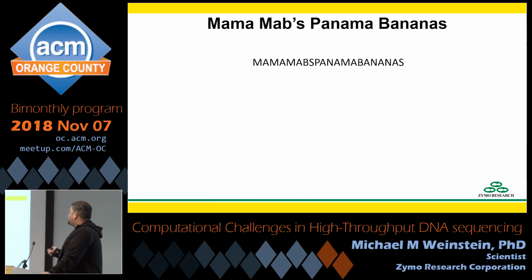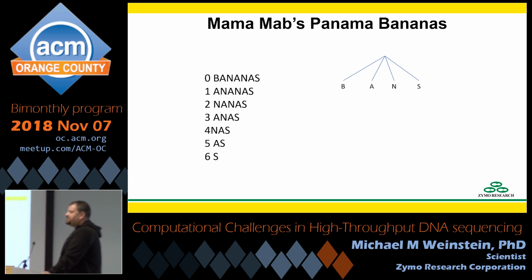So for convenience sake, I'm going to just condense it all to get rid of the punctuation, get rid of the spaces. If I want to align the AMA to it, there's a couple places, and I can just do this by eye. ANA, do that by eye. But if I want to do this computationally, and I want to do it on a larger scale, I need something a little bit more sophisticated. In this case, a tree structure helps. So I'm going to build up what's called a suffix trie by taking each of these and putting it essentially into a tree structure. So I'm just going to keep cutting off the first letter and sticking it on this tree.